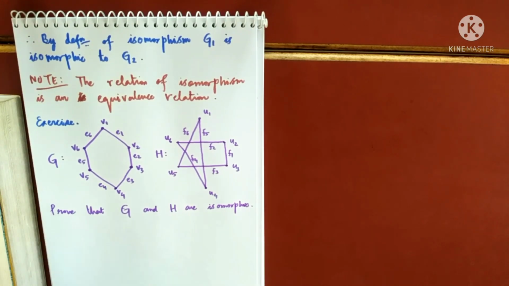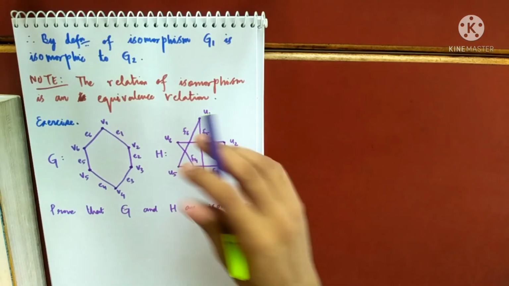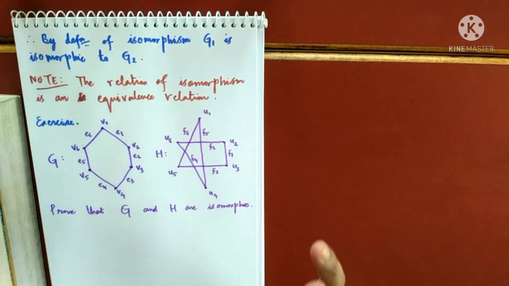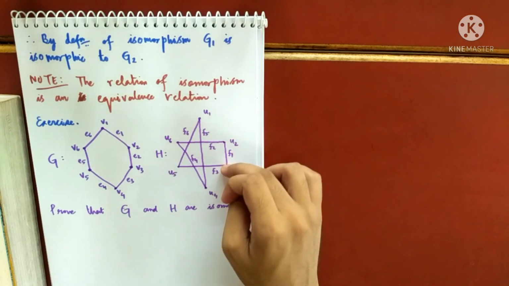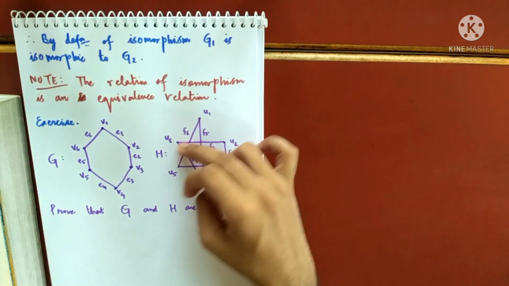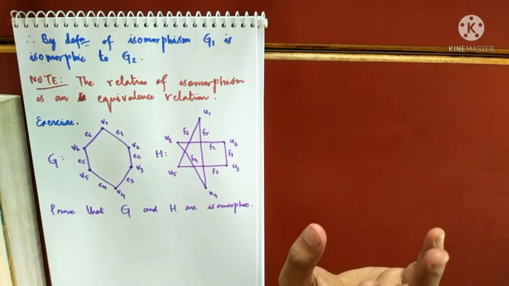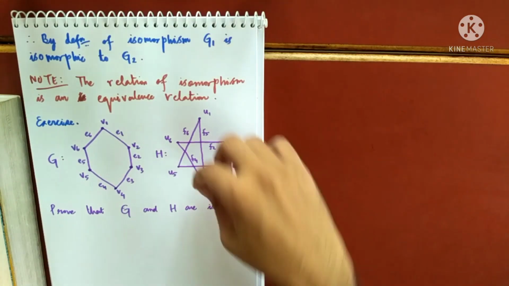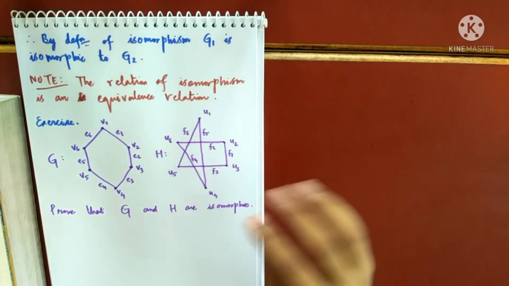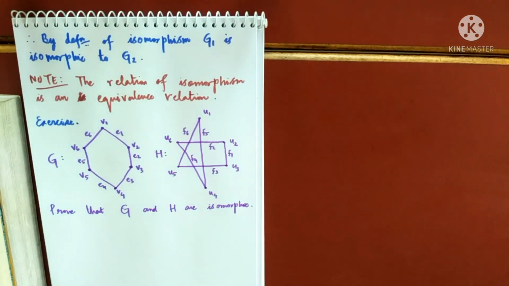Now it is very easy. What you do, you take help from a thread. You try to make a figure like this using a thread and just unfold it to bring this, so that you can get the idea. Like this 3 can be thought like this, right? This 3 can be thought like this, and just try to unfold this to get this graph. It is easy, not that difficult. Try to imagine, you will get it. Unfold this like this and you'll get it. Just try to imagine how can you get this from this or this from this. Getting this from this is very easy, so try to think that way. I'm not doing it.